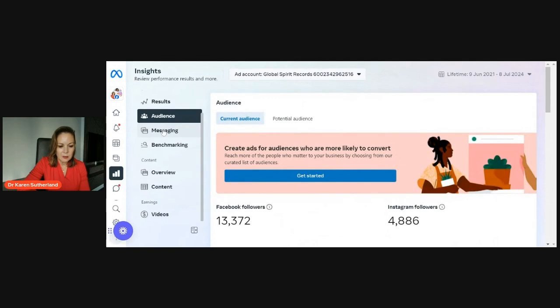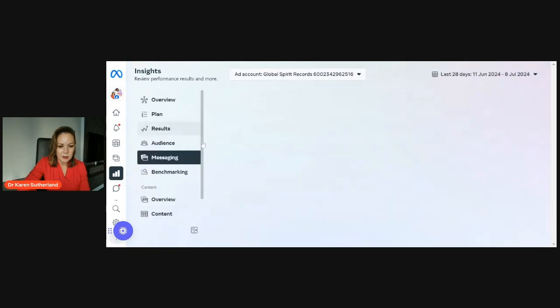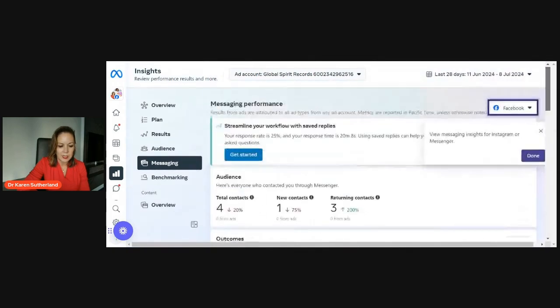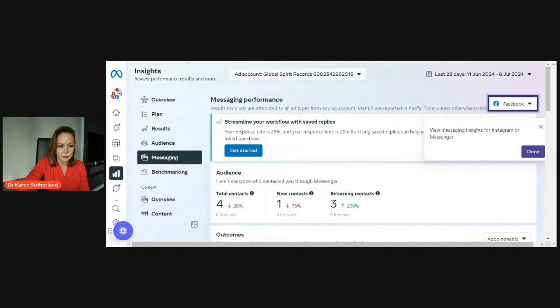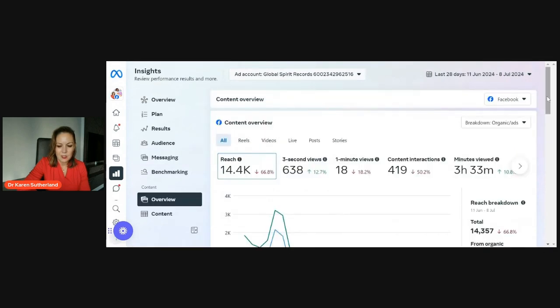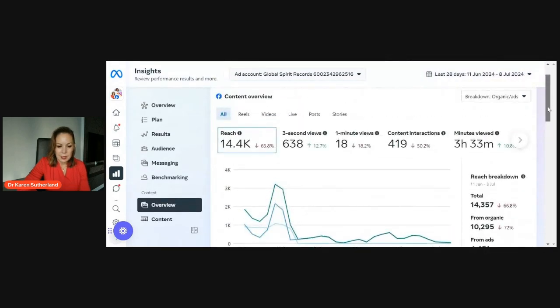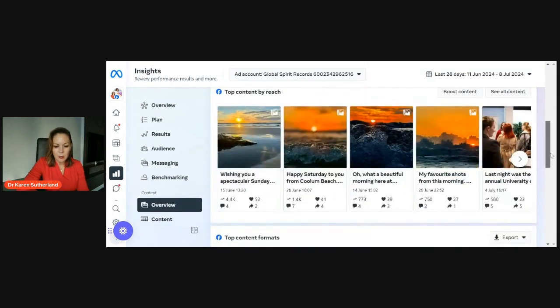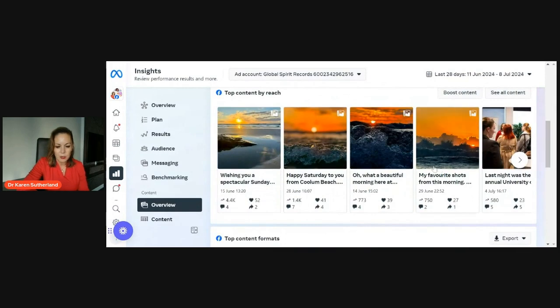Even with your messaging via Facebook and Instagram, it can give you a good idea about how well you're performing in that area too. And best days to post, which I find you get more of in the Instagram app.